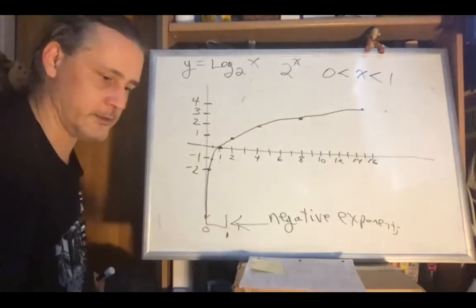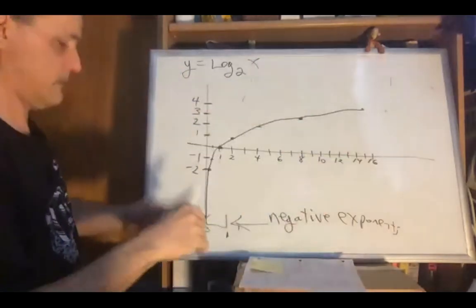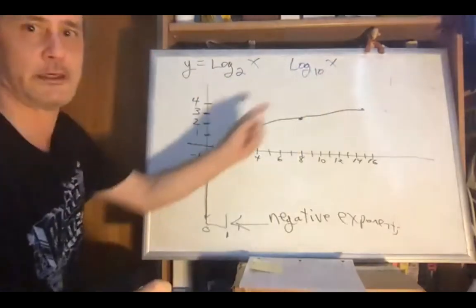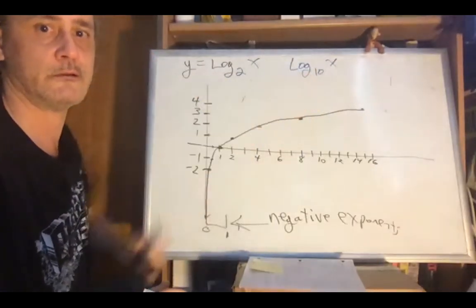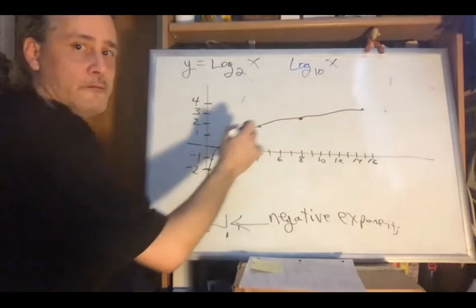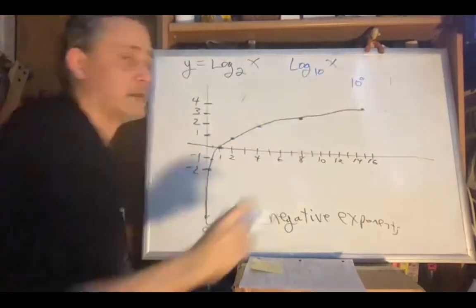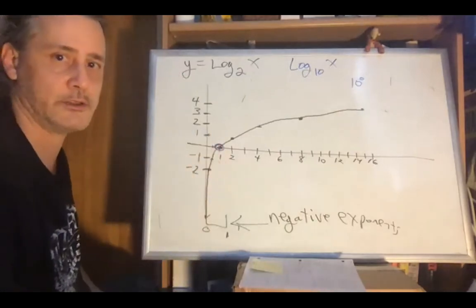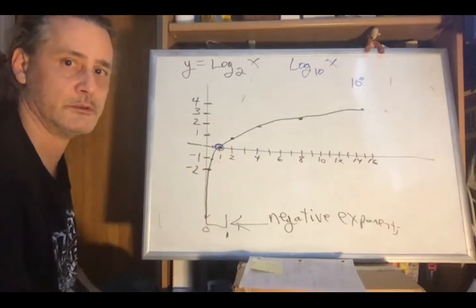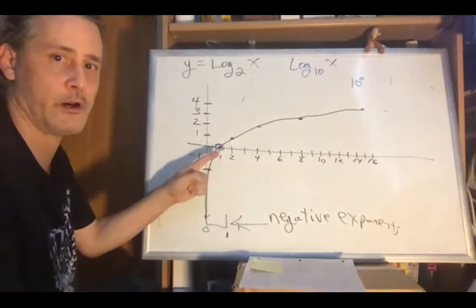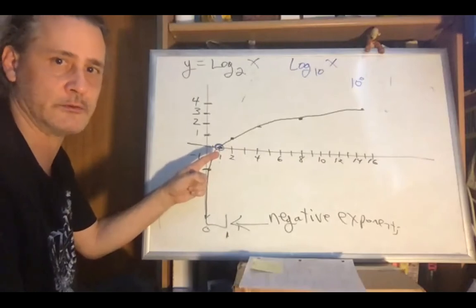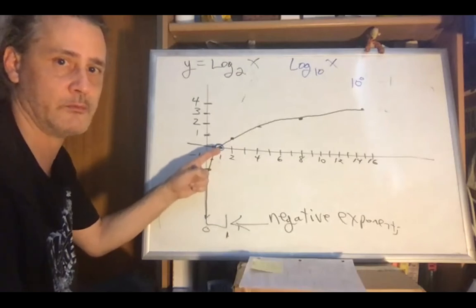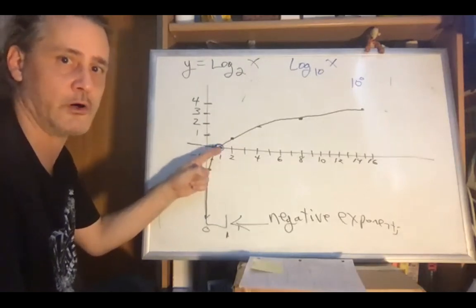All right, well, what if we had a different base? Let's say we had, and I'll just do this in blue, let's say we had log using base 10. Now, you don't really have to write the 10. I just want to make it explicit. Well, 10 to the 0, that's still 1. So this location isn't going to change if we have a base 10 instead of a base 2. Because to get a value of 1, you're going to need a 0 exponent. 10 to the 0 is 1, so is 2 to the 0. So any base to the 0 power is always going to be 1. So the log of 1 is always going to be 0,